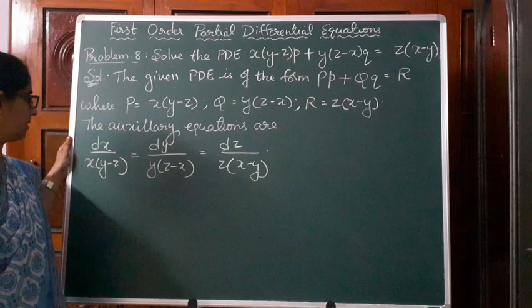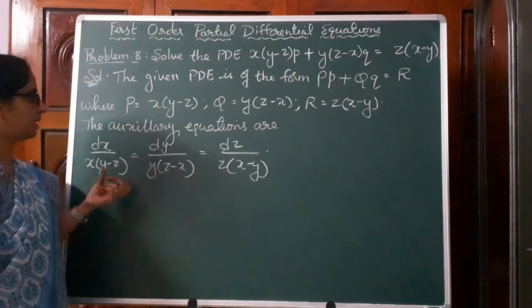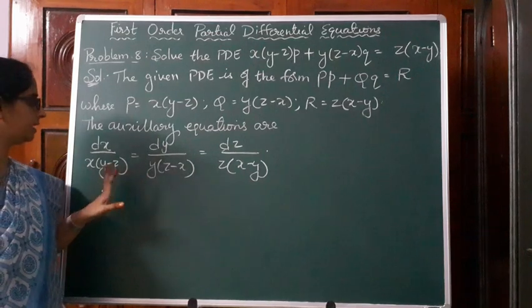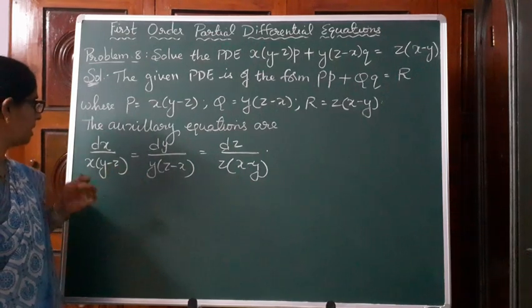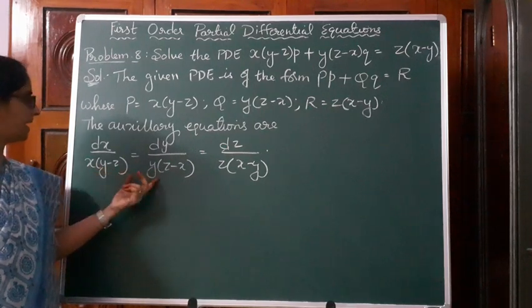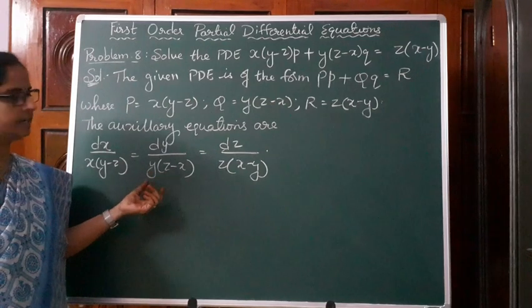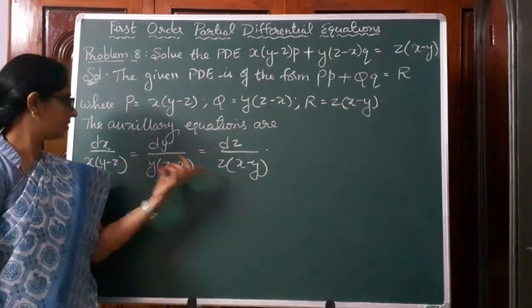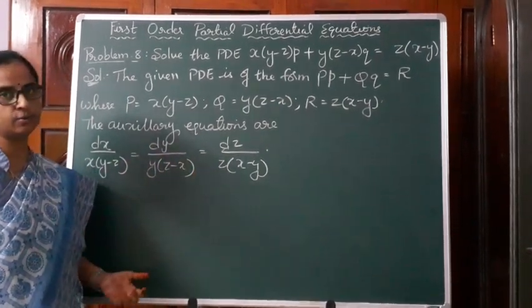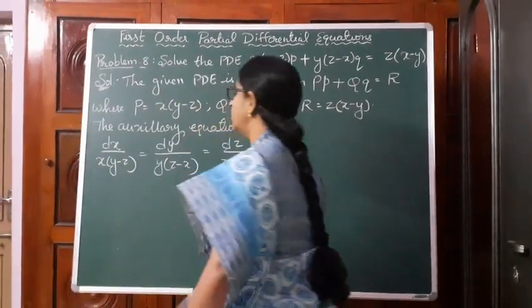These are auxiliary equations. Now check whether you can group any two terms in the auxiliary equations and directly integrate to find the solution. I think it is not possible here. If we equate these two, no terms will be cancelled, and we cannot cross multiply to simplify and integrate. Even 1, 3 is also not possible. Similarly 2, 3 is also not possible. So what we do here is we search for multipliers.